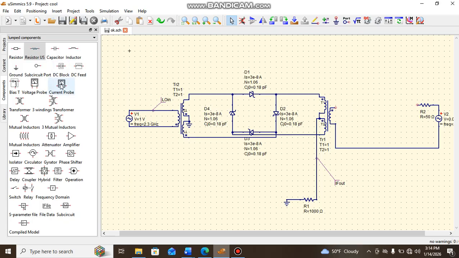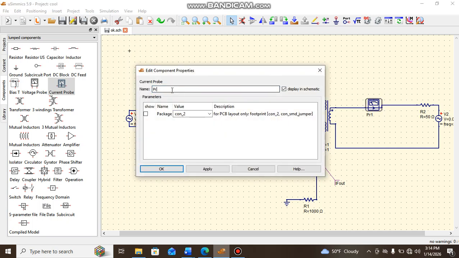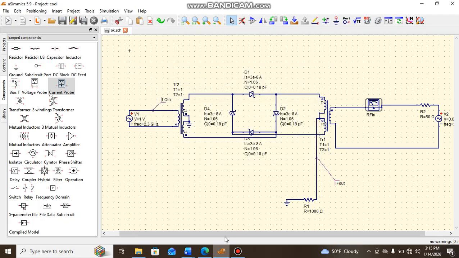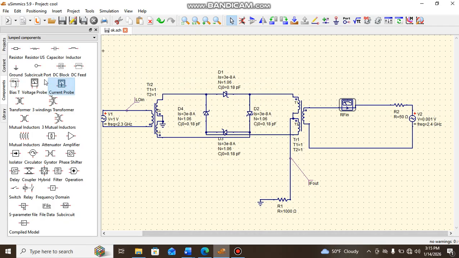So we would get a current probe, put it there, and call this RFN. We also need our voltage, because we need to figure out what our